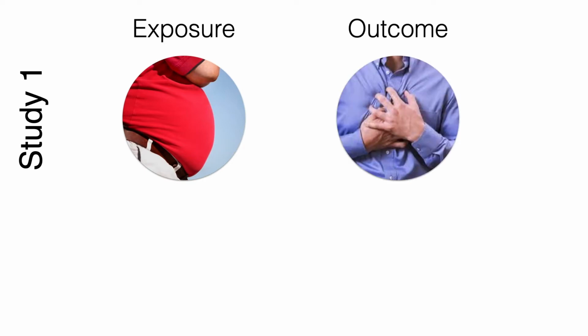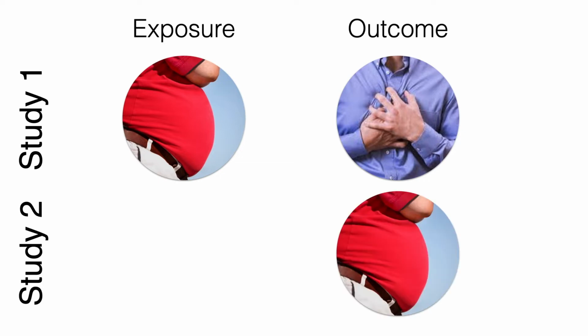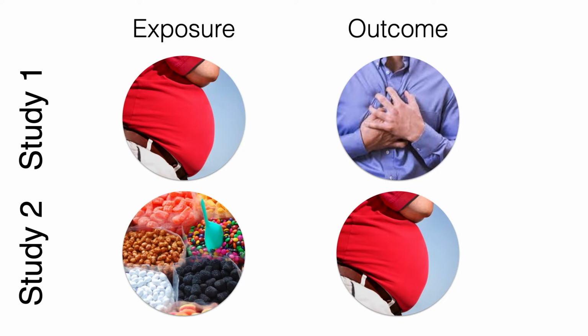It's useful to know that researchers assign the exposure. Important to actually repeat that. And they decide on what outcomes they want to look at. So in one study, we'll call it study 1, this study may have obesity as the exposure and heart attacks as the outcome of interest. Whereas another study, call it study 2, may have obesity as the outcome and diet, or some aspect of diet,